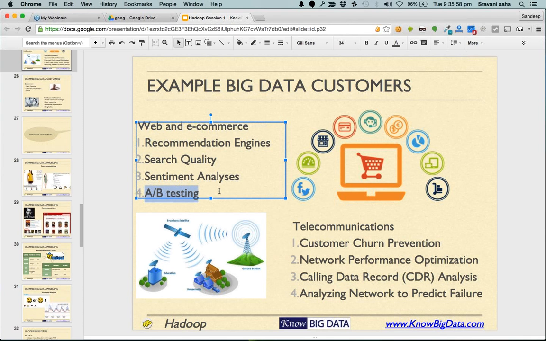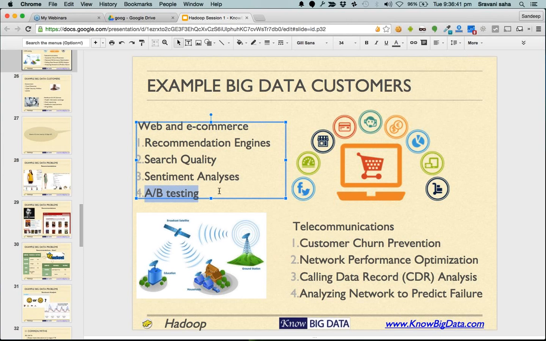They use the data of customers to figure out why a customer left, and that can be done in a variety of ways. For example, observing how the connectivity was for a particular user, how many calls he made to customer service support, and what his usage of the service was. Based on all of this, you can figure out why a customer left you.